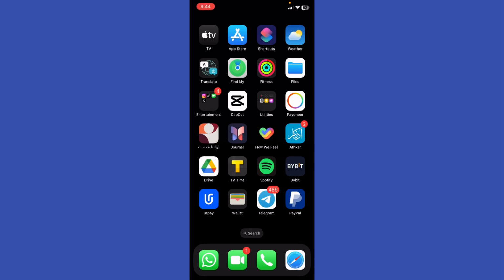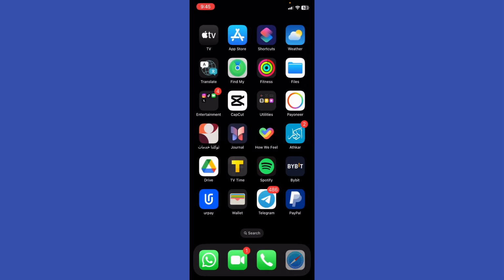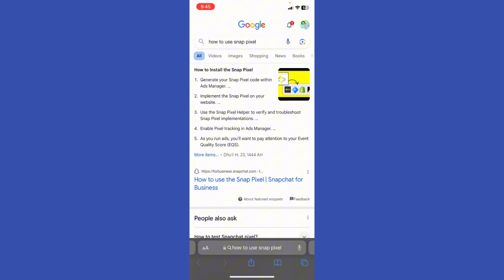My name is Adam. Today I'm going to show you how to use Snap Pixel. So first of all, make sure that your Snapchat is fully updated to the latest version. Now what I'm going to do, I'm going to go back to my screen, go ahead to my browser, and